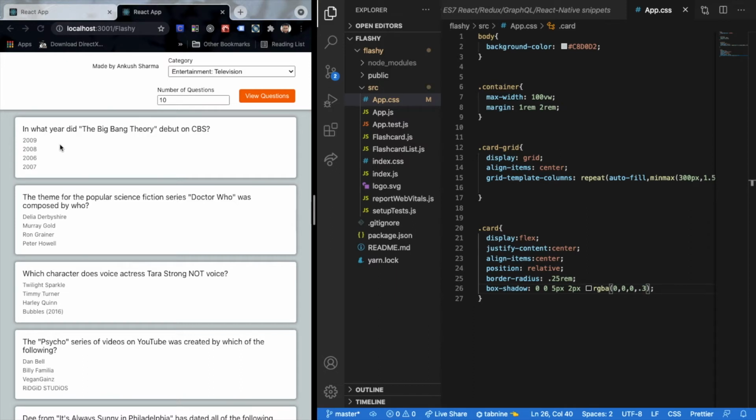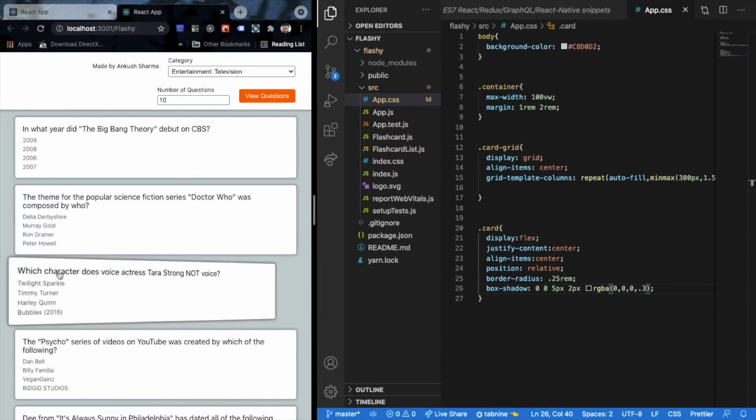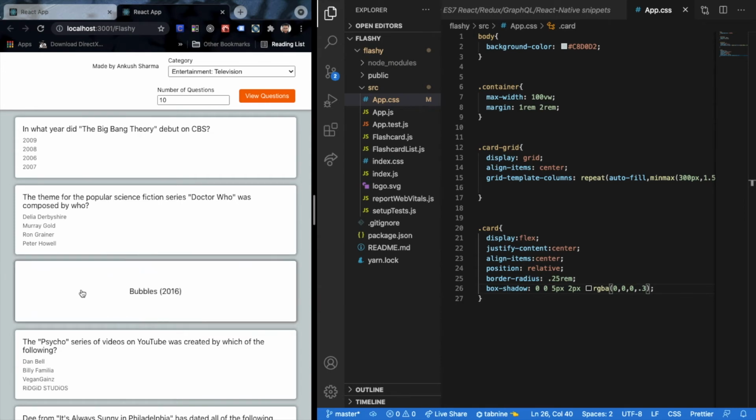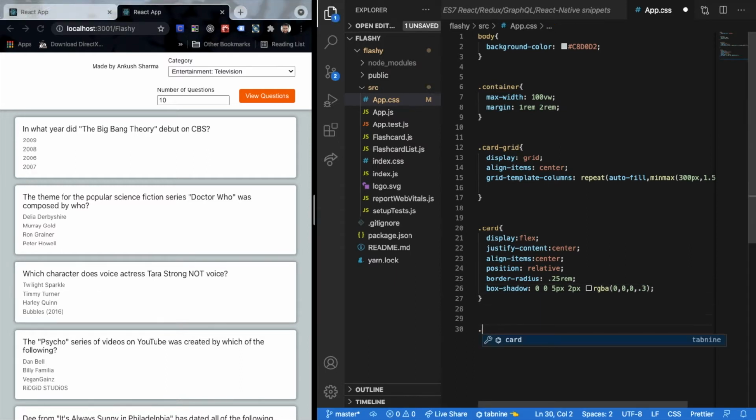Now, whenever I click on my card, you must notice that there is this sort of a hover animation happening right over here. And again, the next thing that happens is that whenever I click on it, there is this front and back sort of flip happening. So next thing that I would want to add is this front and back animation. So I'll do that over here. I'll initialize everything in a single go.